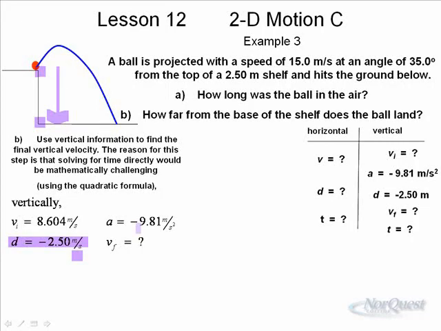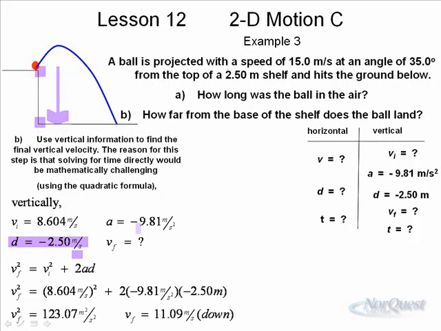Anyways, when we resolve this and solve for VF squared, we get VF squared is equal to 8.604 squared, the initial velocity squared, plus 2 times negative 9.81 times negative 2.50 meters. That is 123.07, but that's of course VF squared. When we find the square root, we get 11.09 meters per second down, or in other words, negative